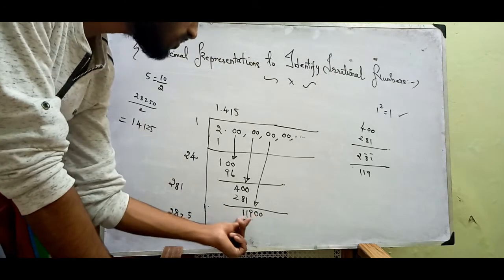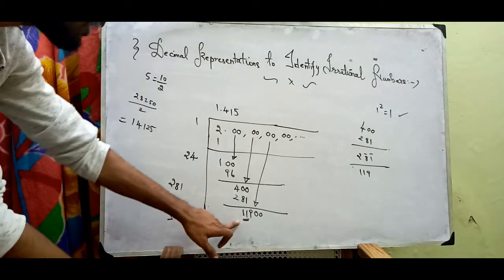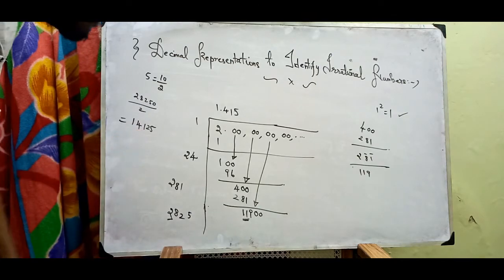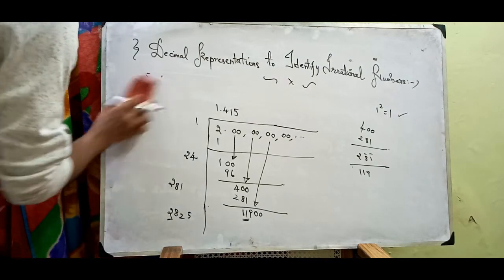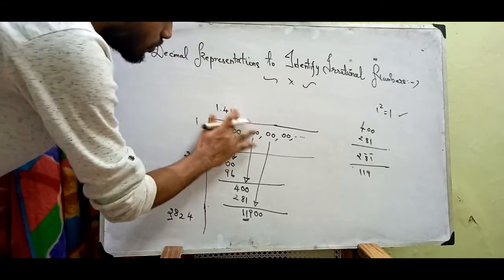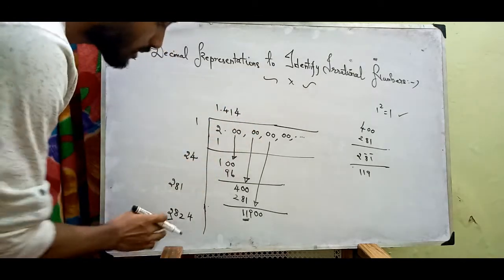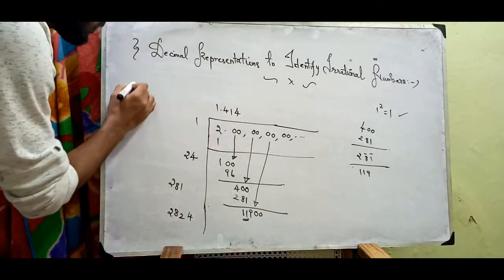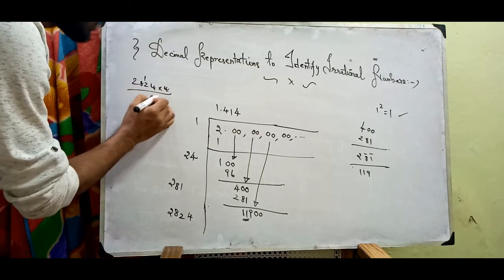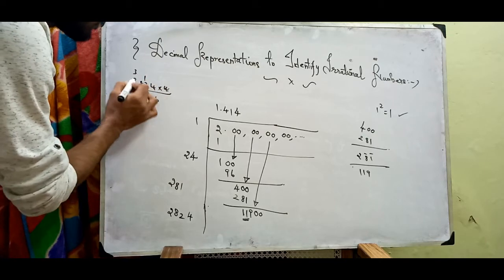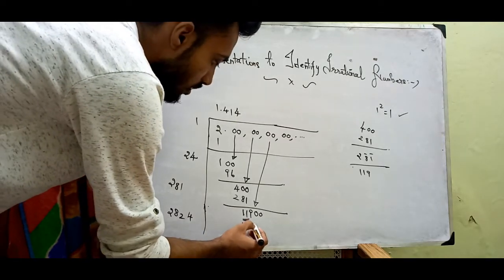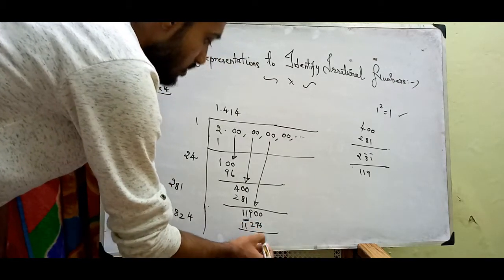But it exceeds the number which we have here, because here is 11,900 and what we got here is 14,125. So what I'm doing here is keeping 1 lesser than 5, that is 4, and 4 here too. What happens now? 2824 times 4. 4 4s are 16, 4 2s are 8 plus 1 is 9, 4 8s are 32, 4 2s are 8 plus 3 is 11. See, 11296 and so on.